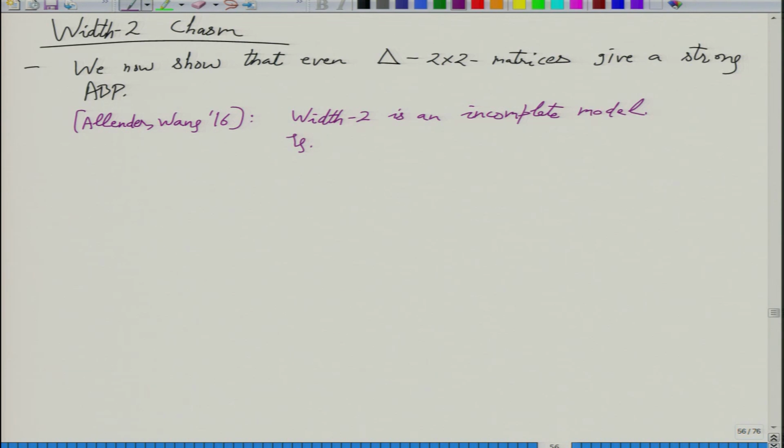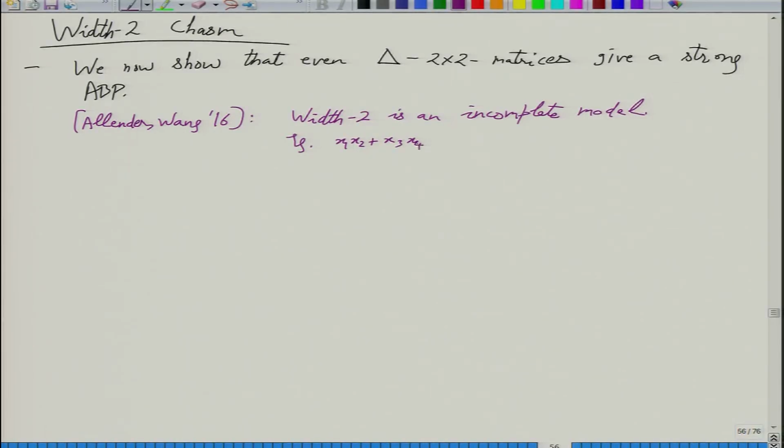So since addition can be done, somewhere you have to also multiply things to make it hard. How far can we go with the degree? Yeah, the degree will be quadratic. There is a quadratic polynomial that this cannot compute. So like x1 x2 plus x3 x4 is what you can try first. But this probably has a WIT 2 ABP. So keep going. It goes up to 16 variables, and then you get Allender-Wang's proof.